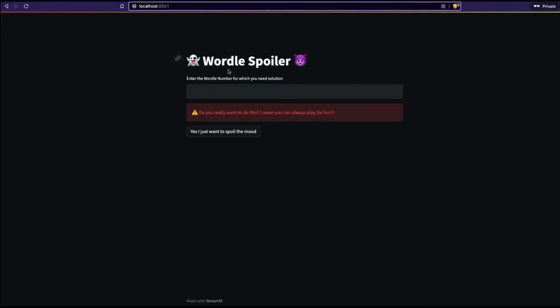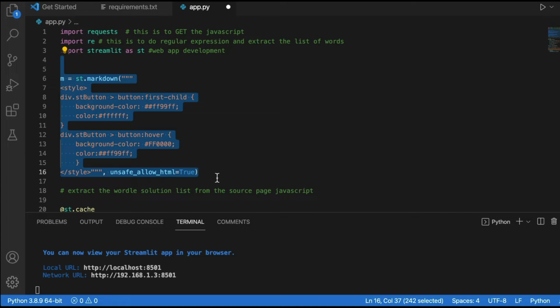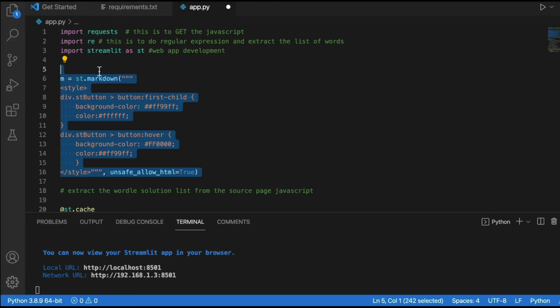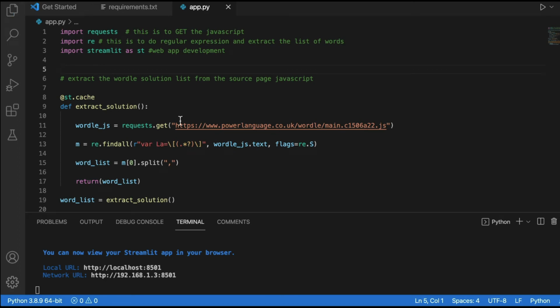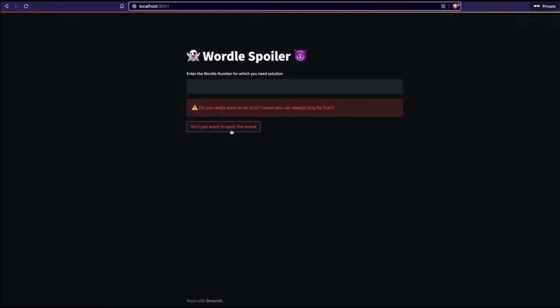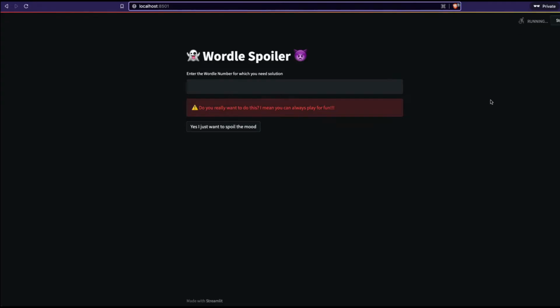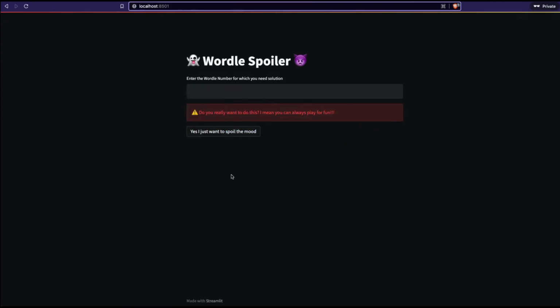So when you see the source code of the Streamlit application, this markdown is executed because you have allowed HTML. Now this becomes CSS, and it is going to make some impact on this button. Let me show you how it looks without this. Let me rerun the code, and you can see that there is no change. You can see the normal color change, but it doesn't make a big difference. But once we have this, let me rerun it, and you can see how it changes when we hover over it.